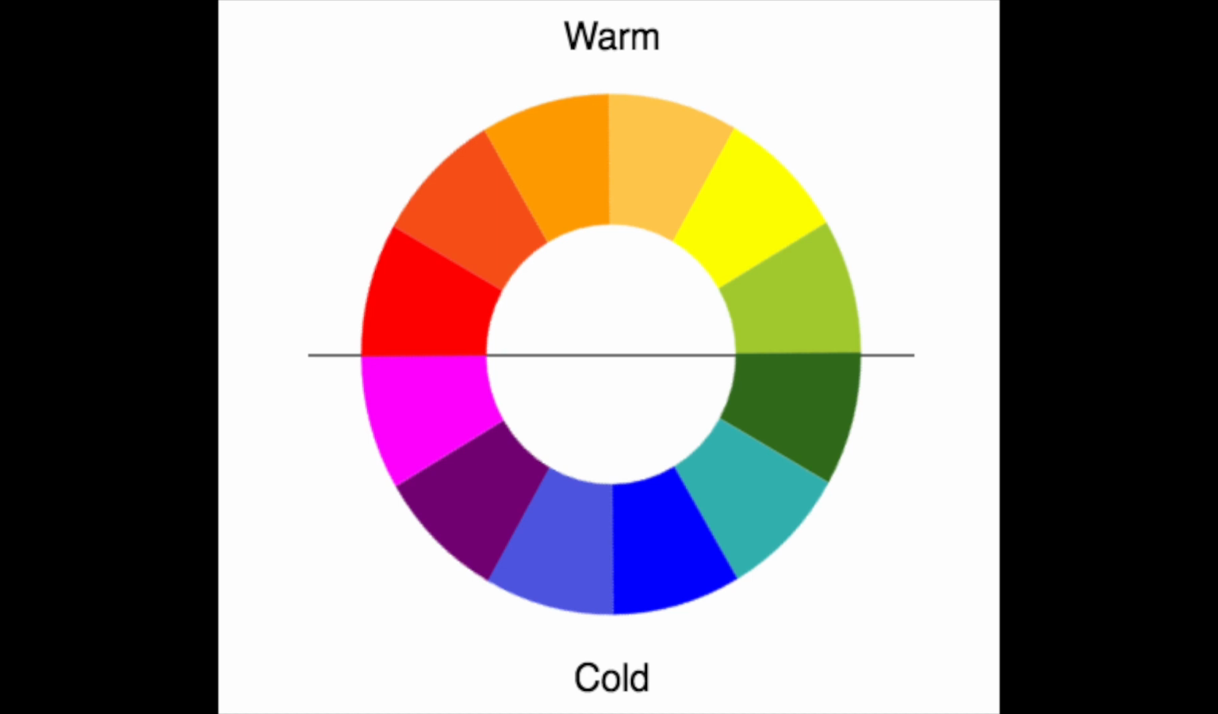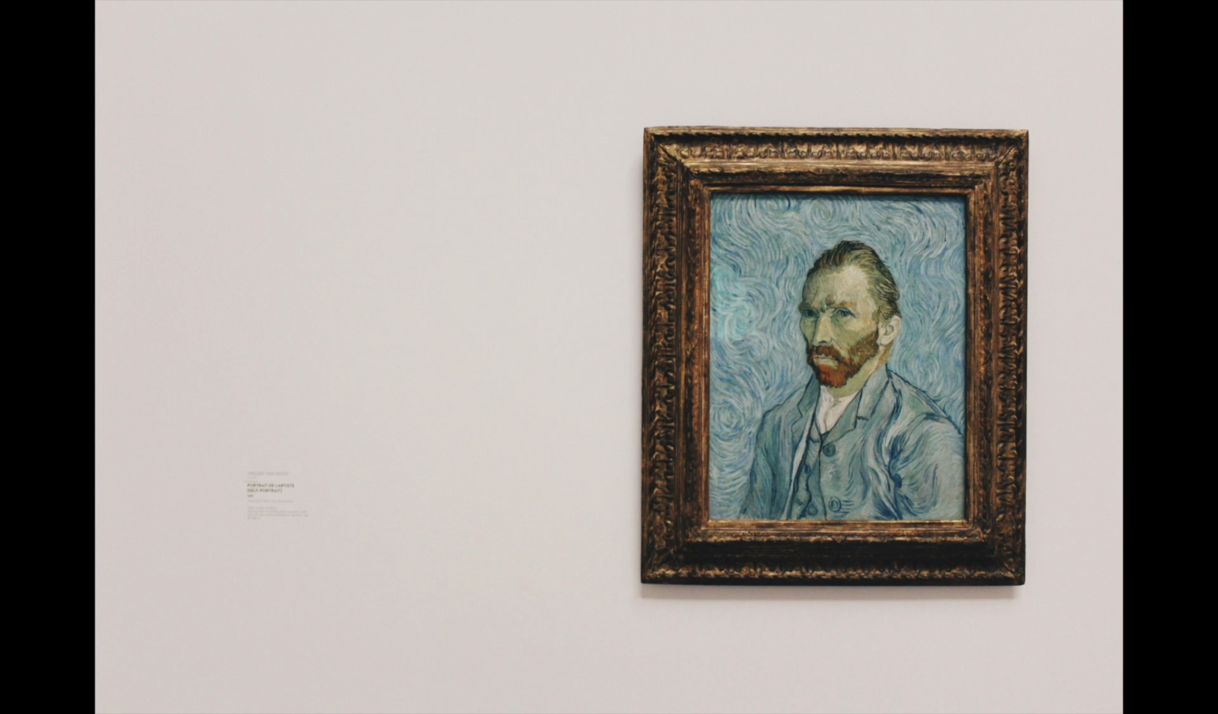The colours on the top half reflect warm sensations and feelings, whereas the colours in the bottom half give the feeling of coldness and sombre emotions. If you look at this Van Gogh portrait, it's pretty much dominated by the colour blue, as are most of his portraits. If you would like to research this in more detail, this is known as the self-portrait that was